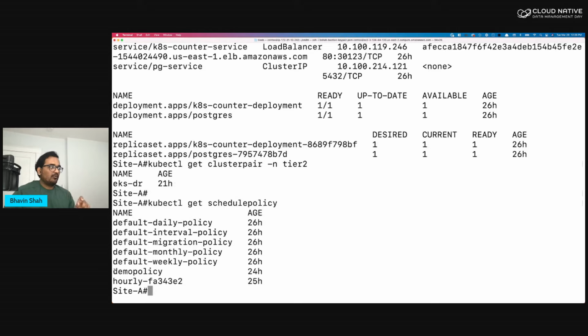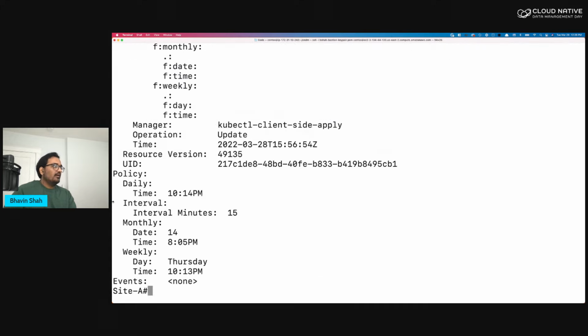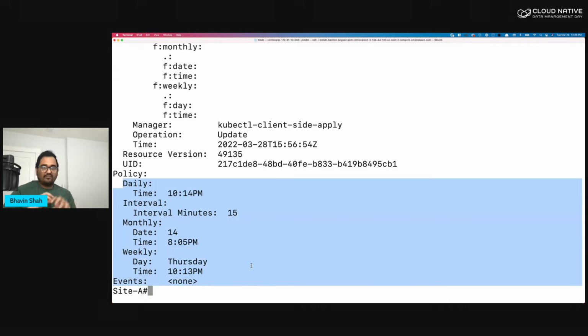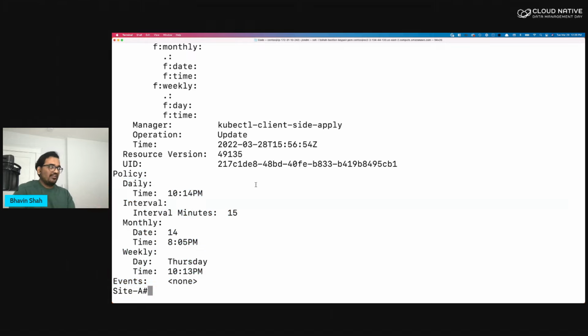So this is where you can set policies that get triggered whenever your migrations are triggered. If we do a describe, you will see that this policy, whenever it's attached to a migration schedule, copies over your data at a 15-minute interval. Again, this is completely user customizable based on the SLAs that you have for your applications. It will do a daily, a monthly and a weekly roundup as well. So you can define these schedule policies to meet your business level objectives or SLAs.